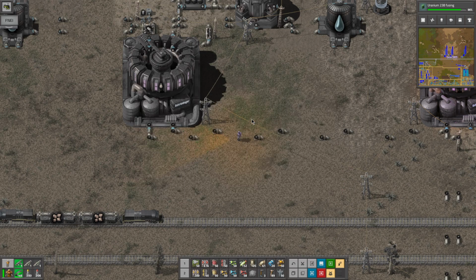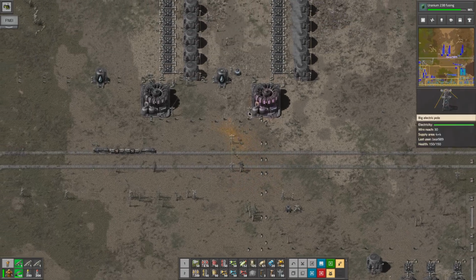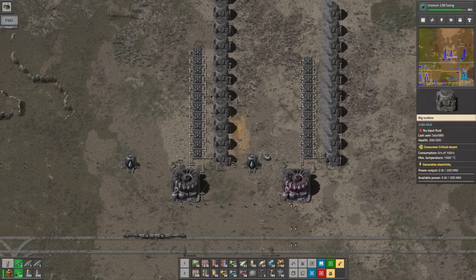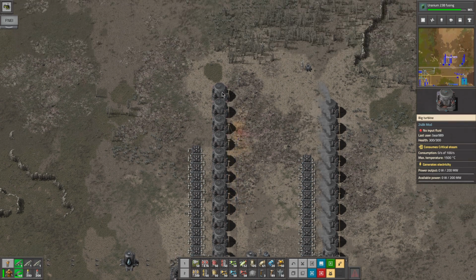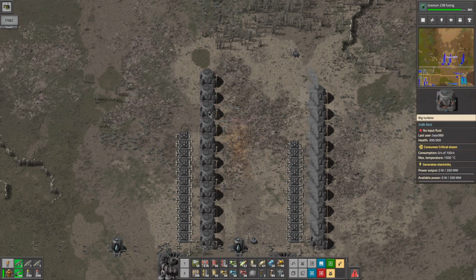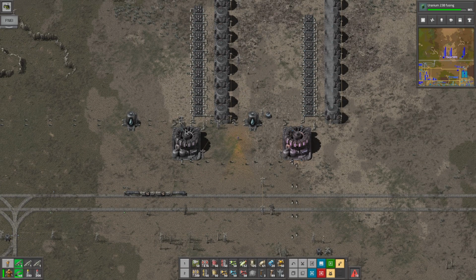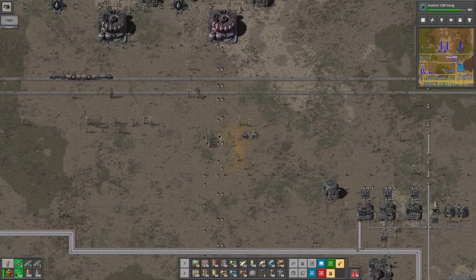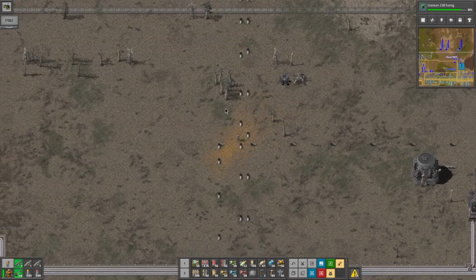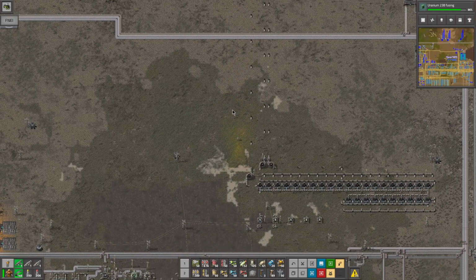So we're just waiting on this to get finished up here. And as soon as it takes off, I do have one extra heat exchanger on this side and one extra turbine on this side as well for the extra 10K. Hopefully that'll be enough. It'll probably take a little bit of time, just like with this one, where over the next few episodes I will be working on it, trying to get it more and more